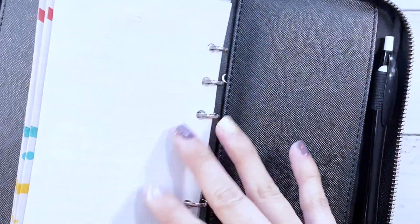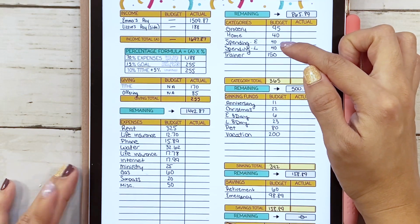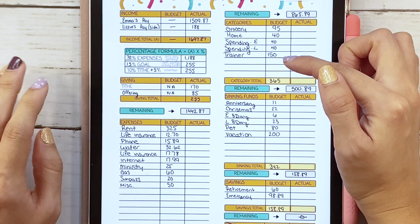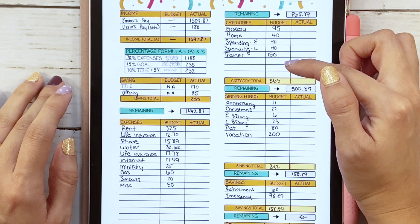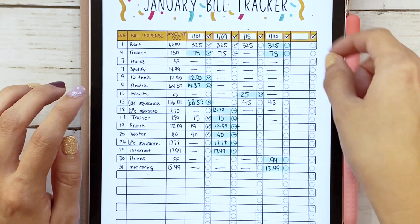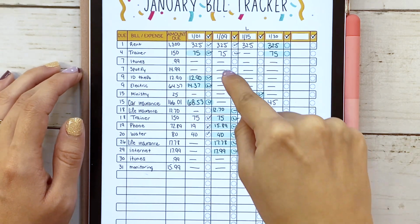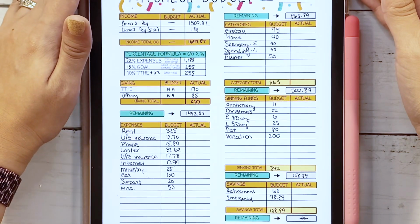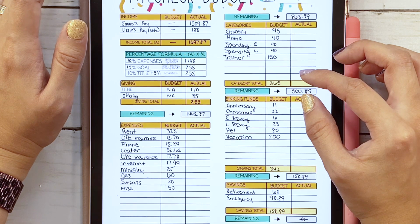So I do that for spending as well, so you guys can see that we have both my husband and mine spending money. My husband, he has a personal trainer that we do withdraw cash for, so that's $150 that we are setting aside based on what I wrote in our tracker here. $75 he pays him bi-weekly, so we just set $75 for each of those, split it up for each of those weeks. So the total category section comes to